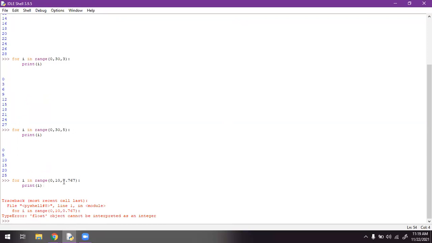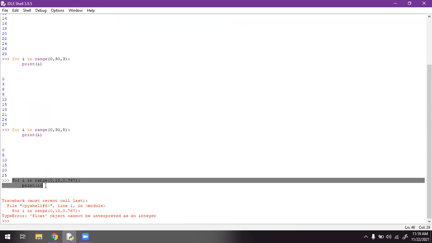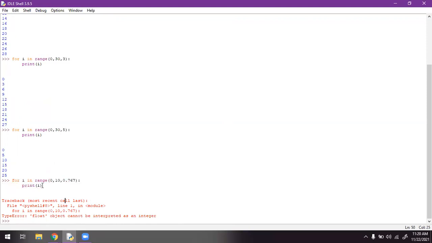Because 0.767 is a float value. So float values will not be executed in the for loop. Understood? So if you want a step, you have to mention it in integer form only.